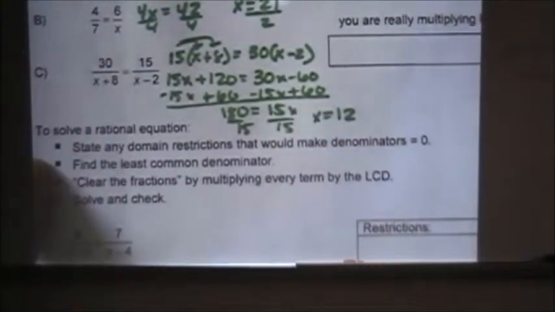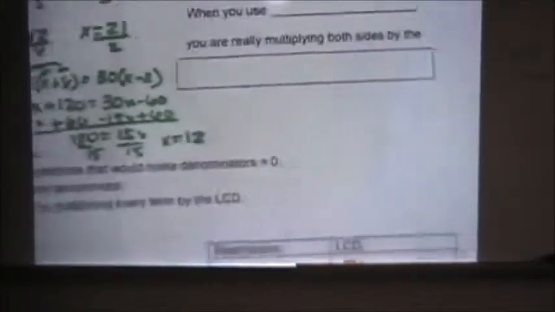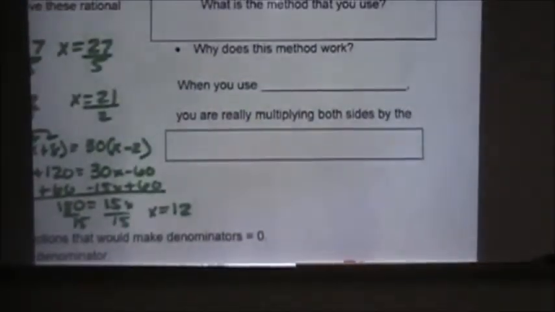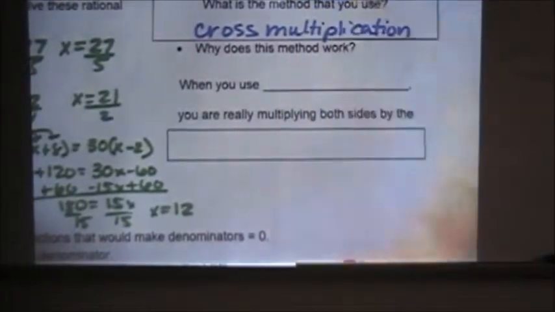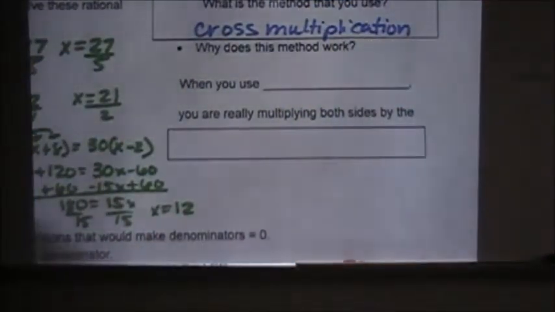So that's something you're all familiar with doing. As a matter of fact, we love it. It's something we got good at back in middle school. So what method is it that we're using? Well, of course, it's cross multiplication. So the next question is, why does this work? Well, the reason that it works is because when you use cross multiplication,